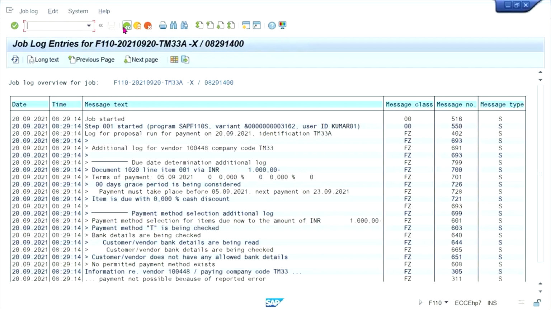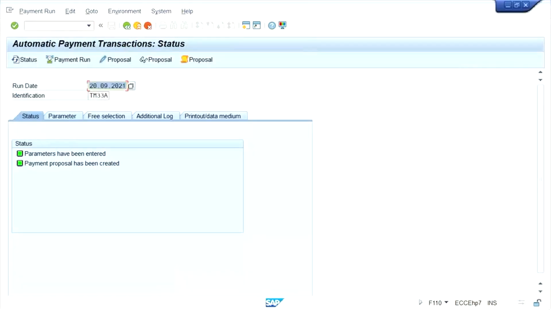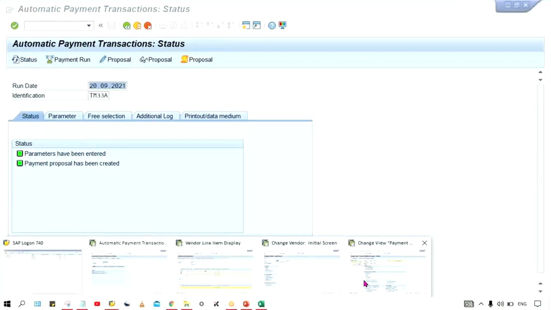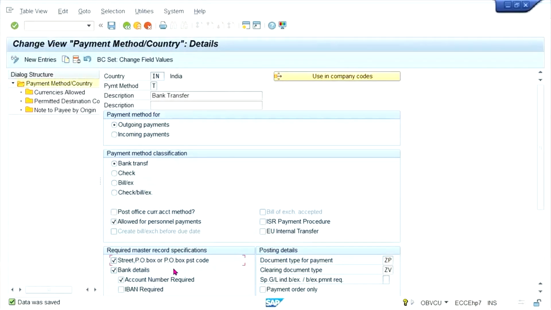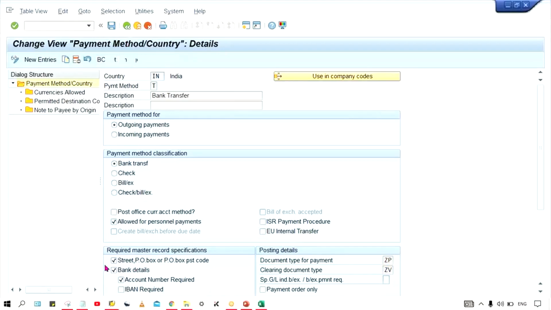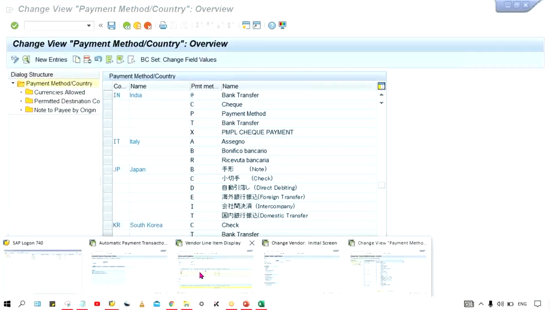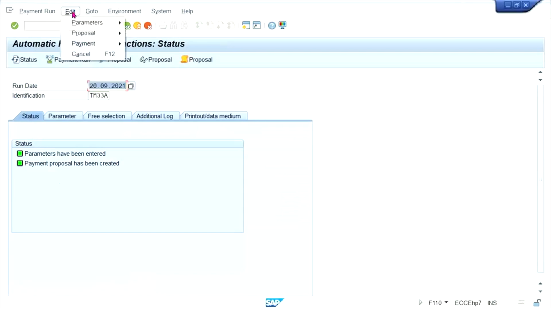So now you just come back. And guys, one more thing is there. Document type controls these things. Street, PO box, of course, if you want to make it required, so here if you apply, during the payment run only the system is going to check. So this control is there, right? Now, apart from this, document type is also given against the payment method itself. I'll tell you guys, don't worry. First of all,